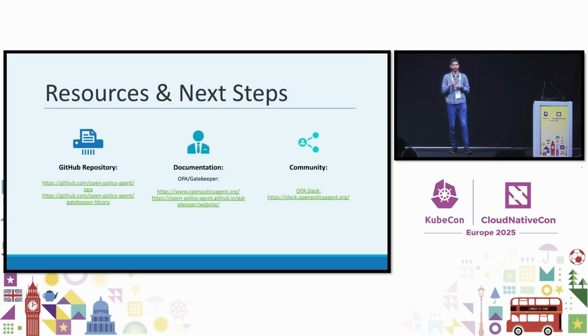These are the resources I would recommend. Go to the OPA GitHub repo or the OPA Gatekeeper library. The Gatekeeper library has a default set of constraints and constraint templates which you can play with, and then enhance those policies if you want to make further changes. And obviously documentation is the key, so go through the OPA documentation and the Gatekeeper documentation. And join the Slack channels, where you can ask questions if you have any doubts or are facing any challenges. There are a lot of community members to help.